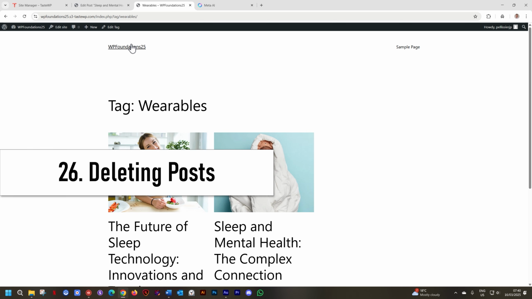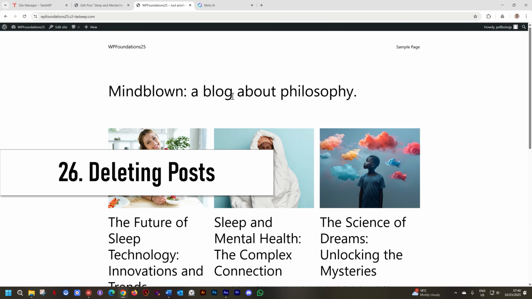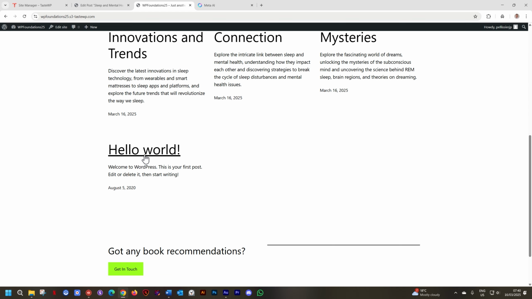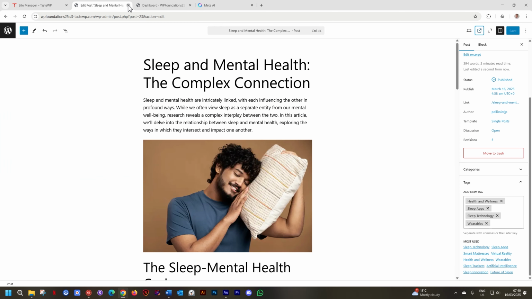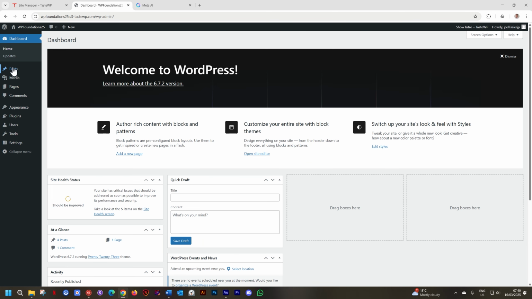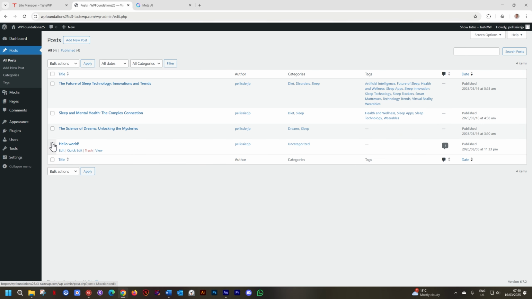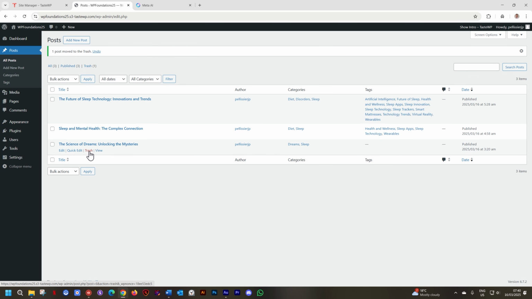Select again your name at the top to take you to your home page, which is showing you all your articles. And look over here, this Hello World article that was installed by default is still there. Let's delete it. To delete the post, you go to the back end, select your back end. Let's close this tab. Go to posts and select posts, and then Hello World, click here on trash. Once you click on trash, it is trashed, but it is not gone. So if you deleted it by mistake, you can still bring it back.